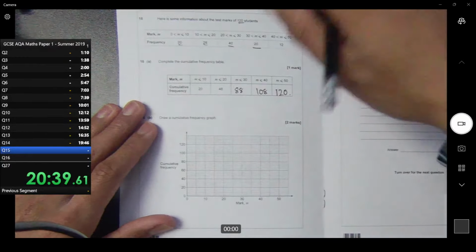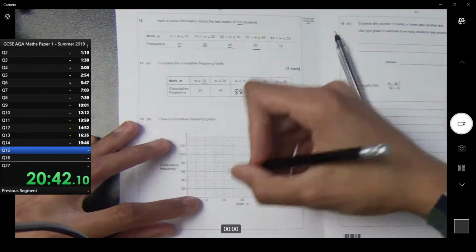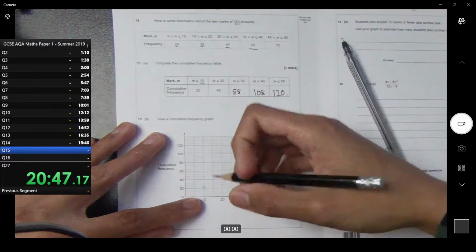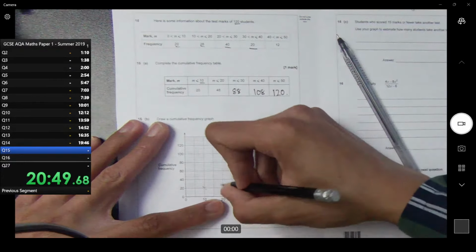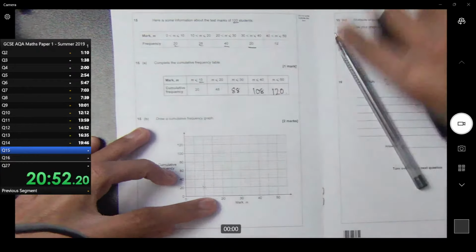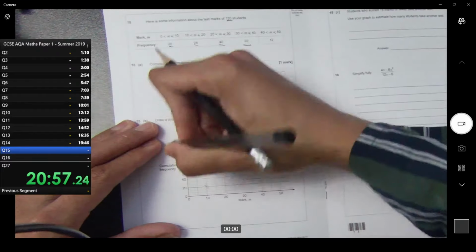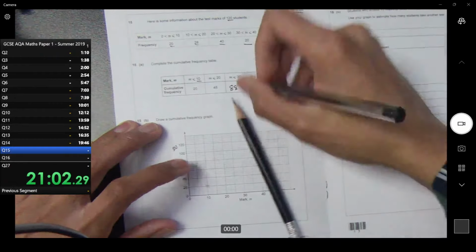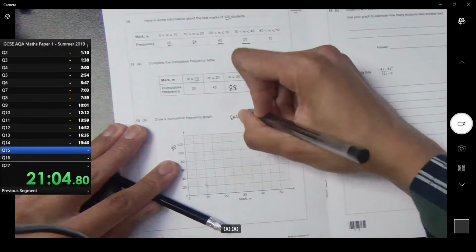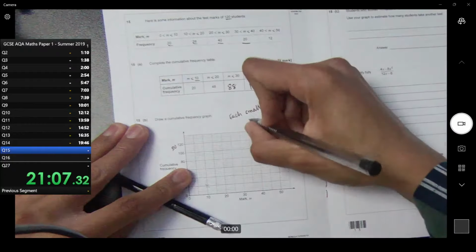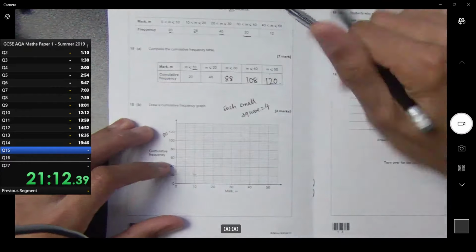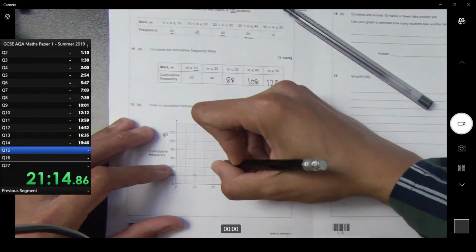And remember, we need to put this at the end points, like at 10, put a frequency of 20, at 20, put a frequency of 48. Right, so we need to pay attention to our little scale here. This increases in the 20s, and we've got 5 boxes. So each square is 4. So 48 will just be 2 squares up,